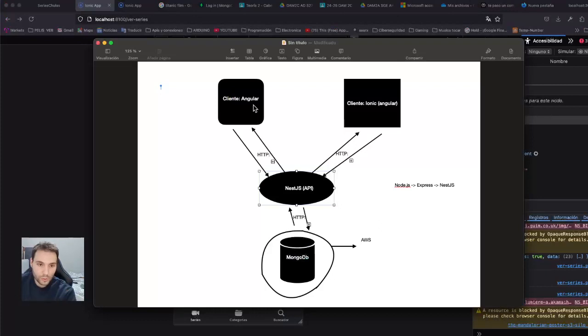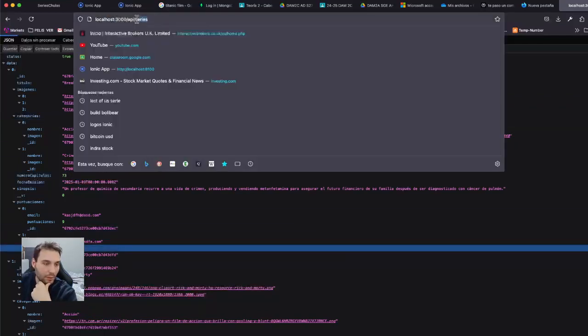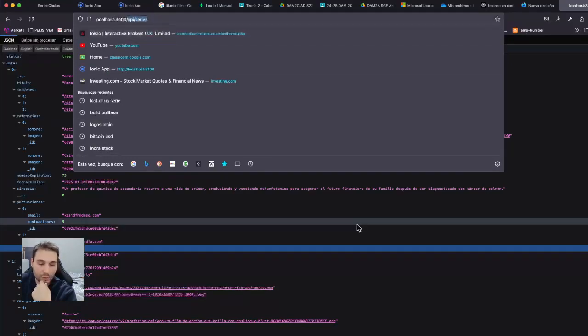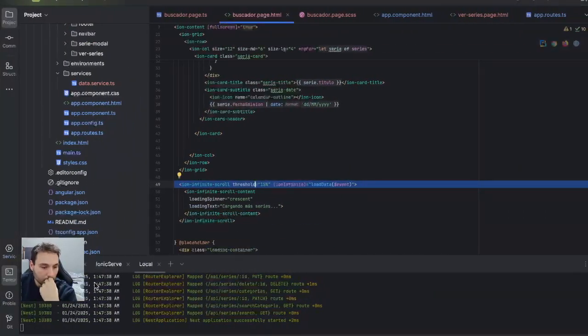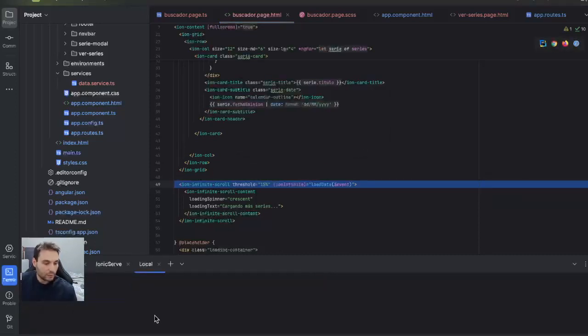Okay, so these will be the two client parts, which communicate with the API through HTTP requests back and forth. And the Nest.js part is what gives us the API. Here we have it on port 3000, and this will be the endpoint to access the API. As you can see, it's running here. I can just close it